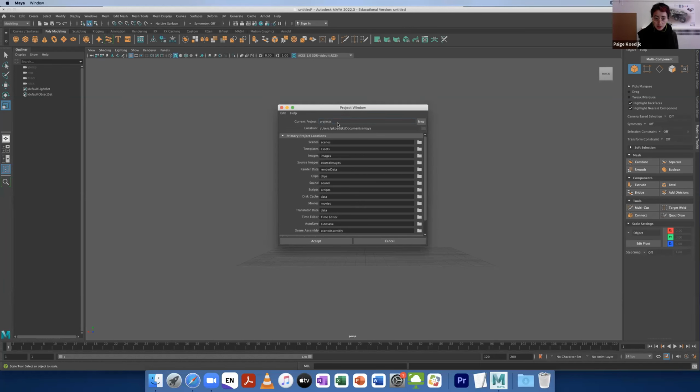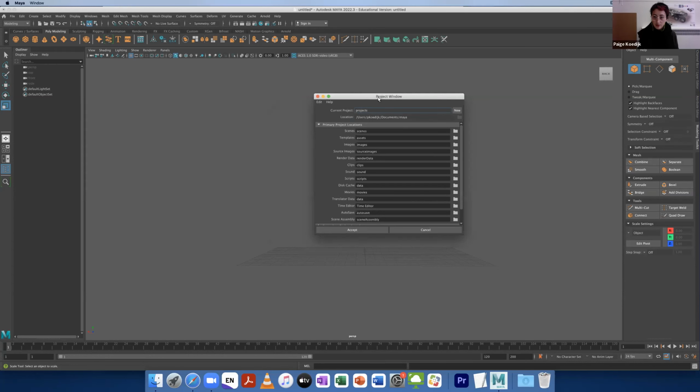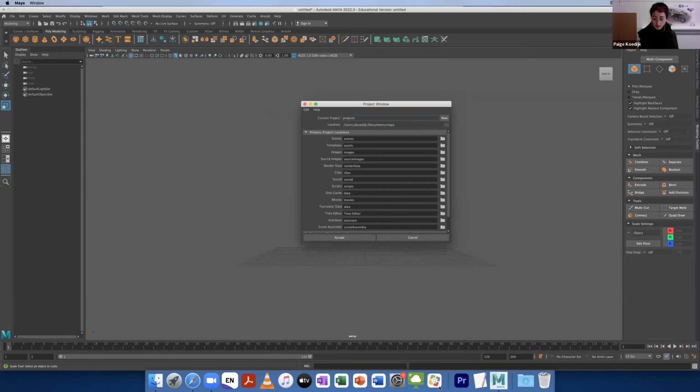Why can't I type anymore? It's so bizarre. For some reason I'm unable to type. Oh, because I have to press new first. So you press new, and then I'm going to name it barrel